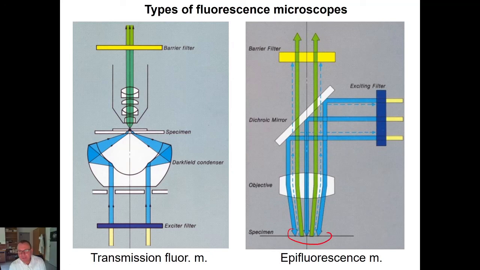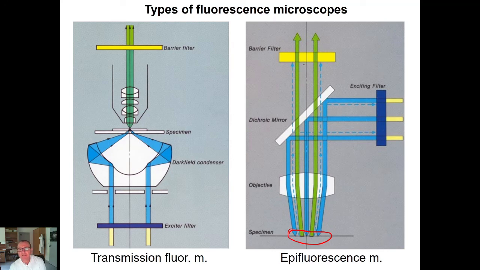Specimen is here. If it contains some fluorochromes, emitted light is going back, but now it is going through the dichroic mirror. It doesn't reflect, and we can see it. We have got here again a barrier filter, which filters some remaining blue light going through the dichroic mirror. So our picture is then